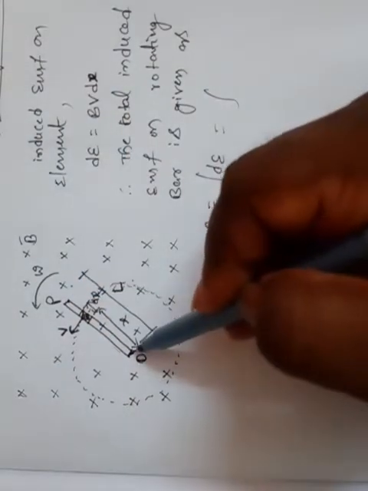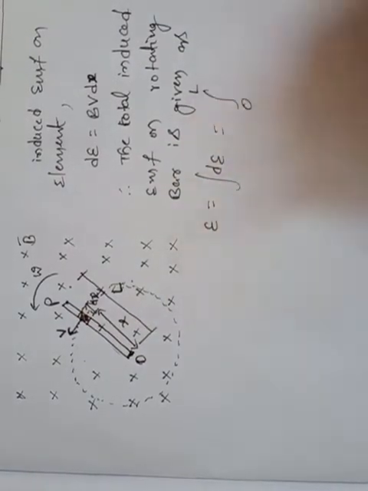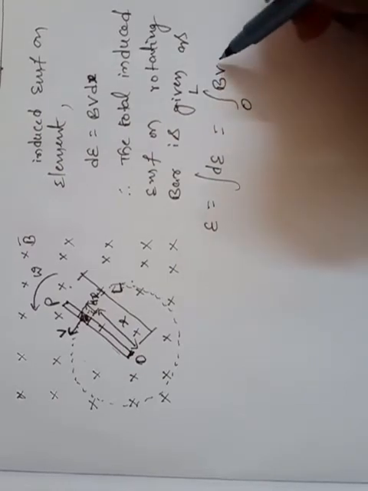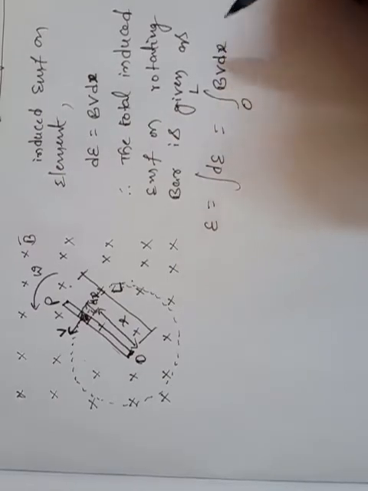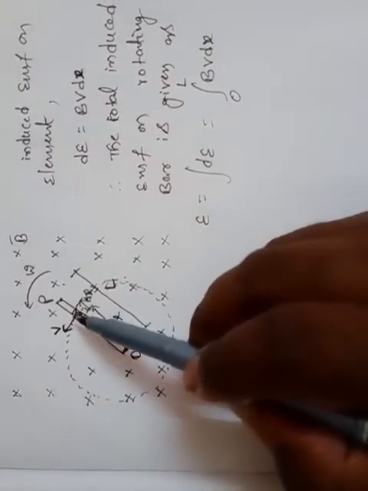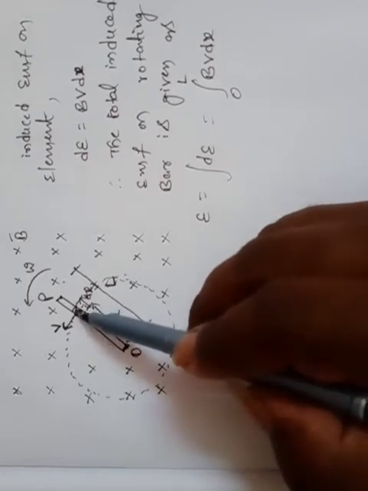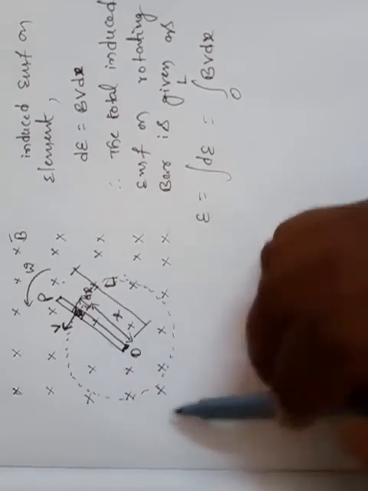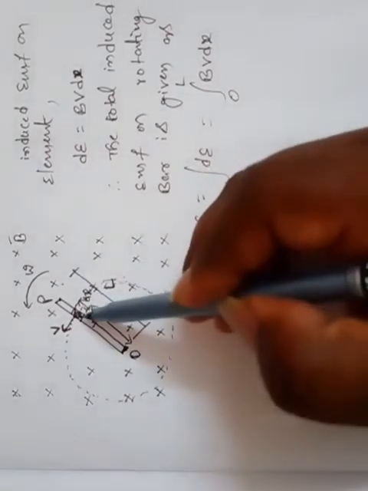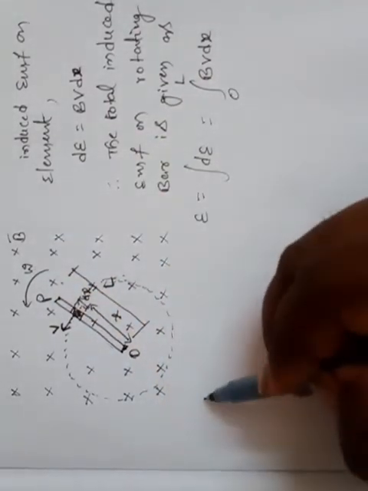So this is a 0, and from this point to this point, what is the total length? 0 to L, and dE is B V dx. Here we need to calculate the V from this diagram. Here this element is making circular motion with radius how much? X. So here there is a relation with constant angular velocity omega, and we know the linear velocity